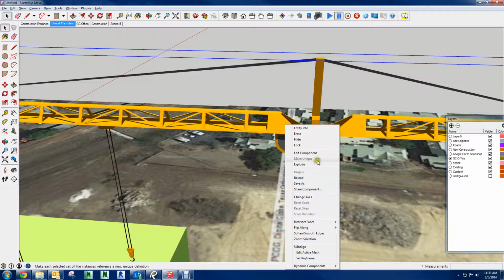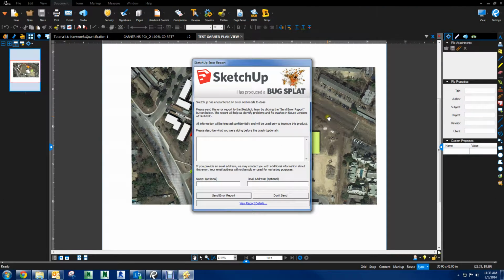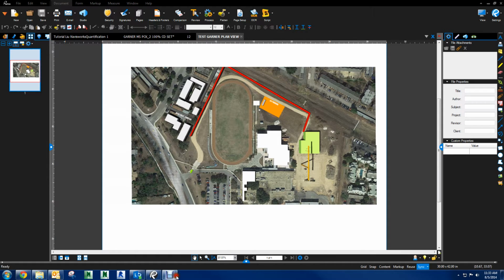This is really bothering me. Like, split component. SketchUp wants to take a break. Okay, let's see if I